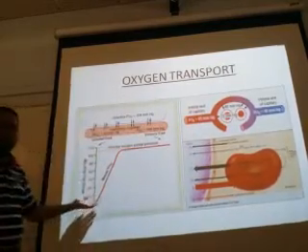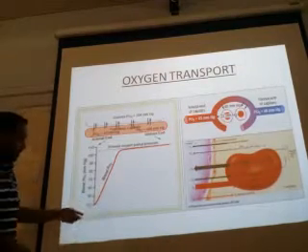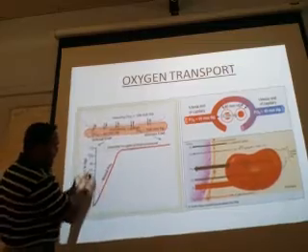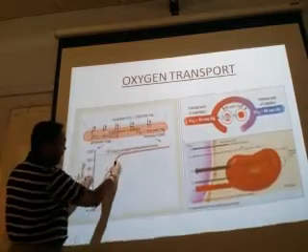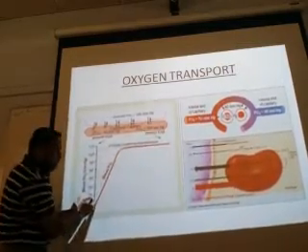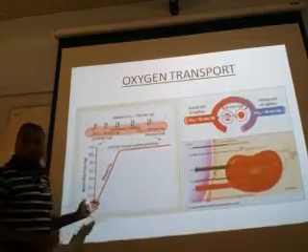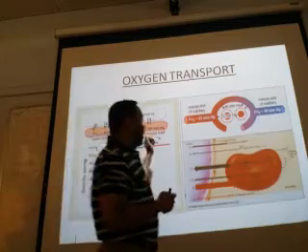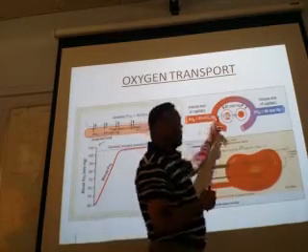This is the same diagram, I don't need to explain this. This is 40, this is 40. And by the time it is coming from here to here, it reaches 104. So look at the uptake of oxygen by the hemoglobin in the pulmonary blood. Now let us go to the tissue.